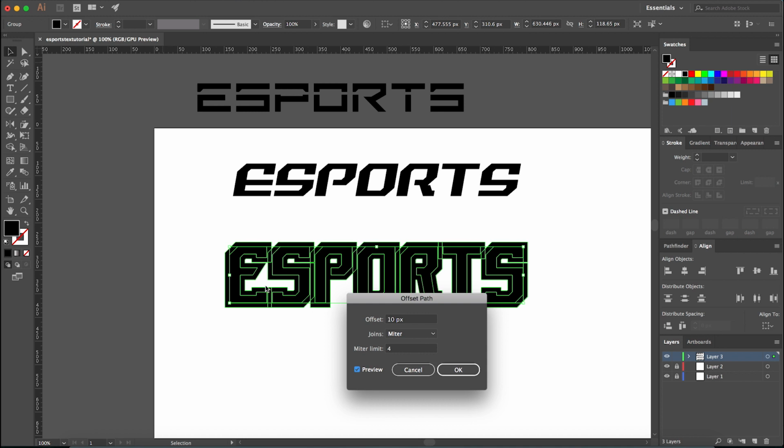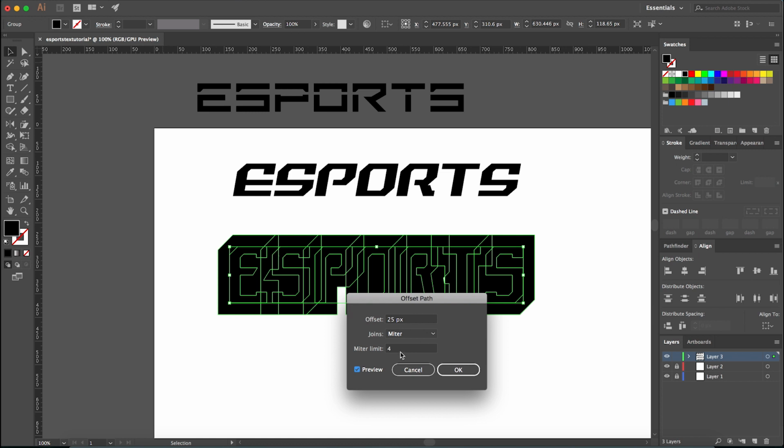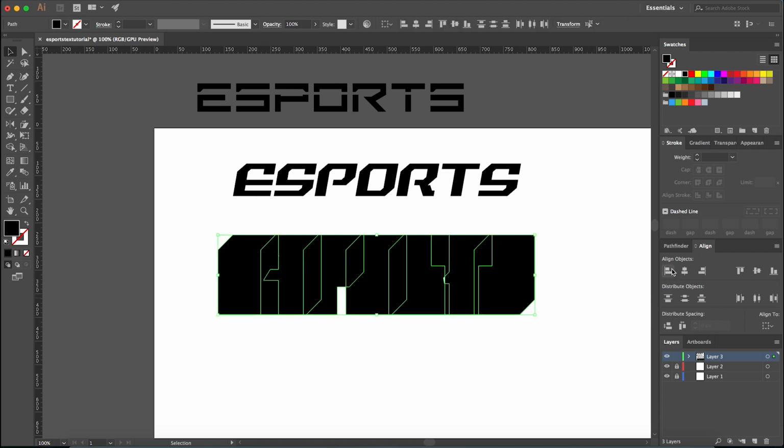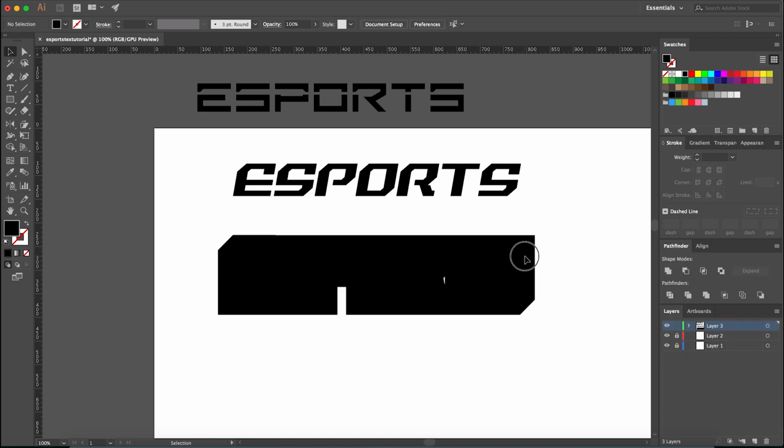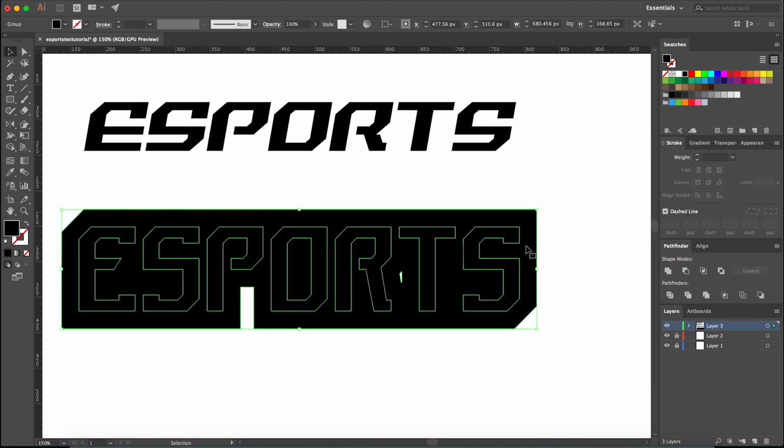So there's a lot of empty space. I usually max it out a lot more. So something like 25 is pretty good. It might be super fat in this case, but I'm going to go with it. So when you do that, you're going to click it and everything's going to be grouped. So just click Ungroup. And then before you do anything else, hold Shift and then click on the outline, quote unquote,